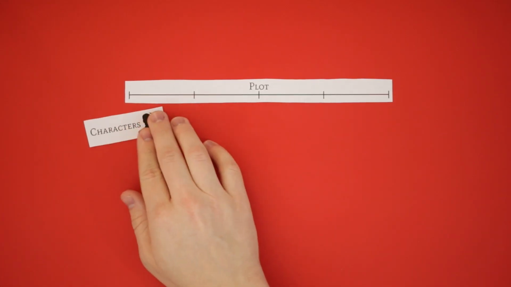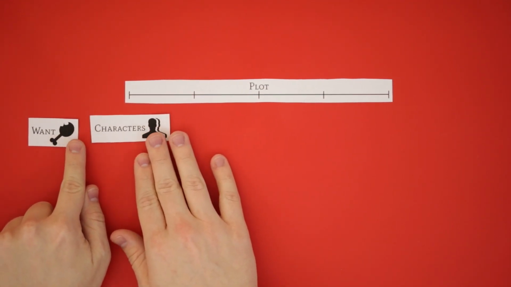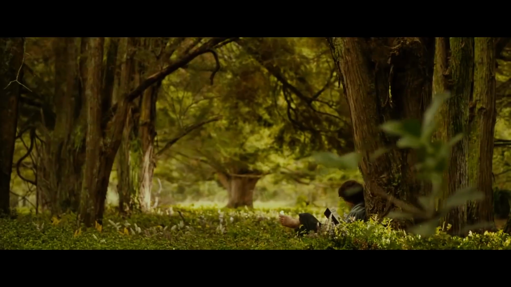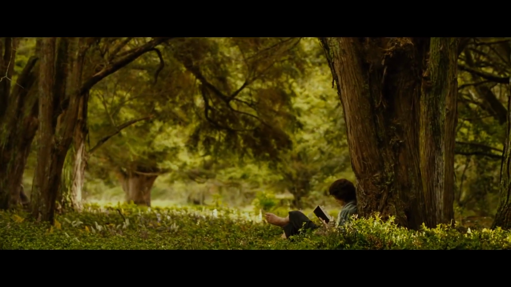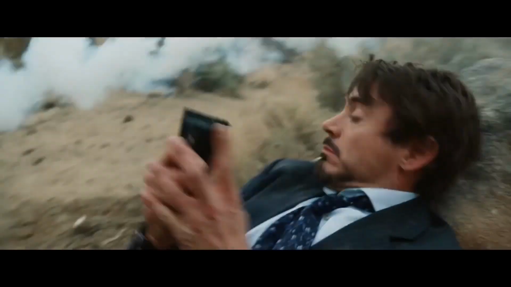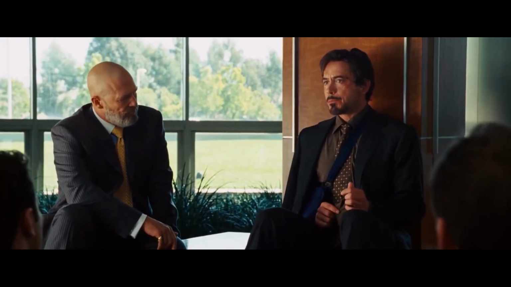What your main character wants is the most fundamental piece of creating a story. A character's want is what propels stories forward. Why should a hero leave the comfort of their regular life if they don't want anything? This fundamental piece of your character is the origin of plot. In the 2008 movie Iron Man, Tony Stark wants to atone for his sins as an arms dealer. That want propels the rest of the movie as he becomes Iron Man to help reduce the damage his company